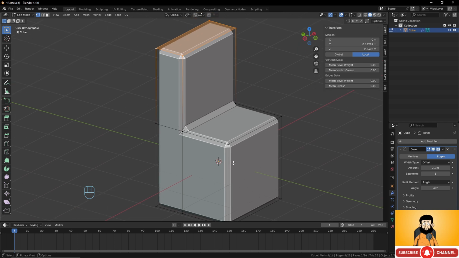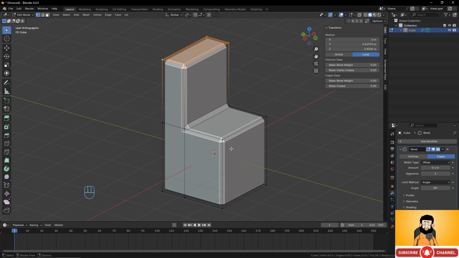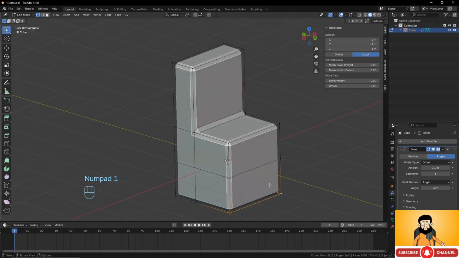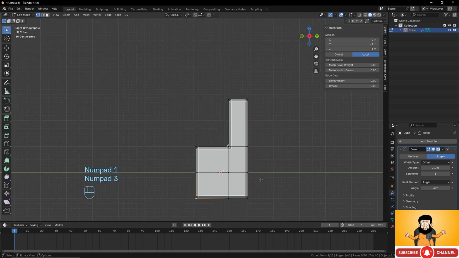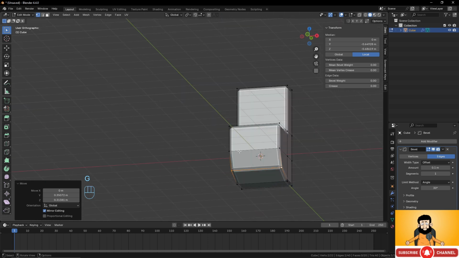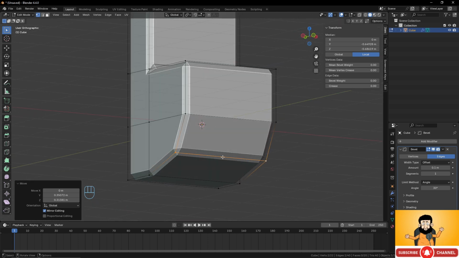Like this, you don't have to do it in edit mode in case you want, okay? So here is the angle that defines if I want some bevel or not. So let's say, for example, I have a shape like this with Control R here, and with this, I will just in side view move this like this, okay? So here, as we can see, the angle still works because we have 30 degrees. But if I decrease that, you can see